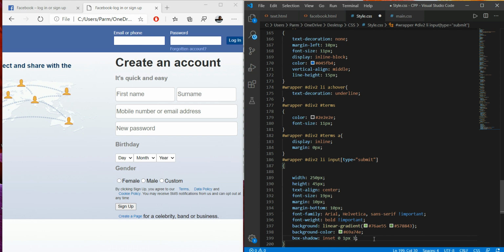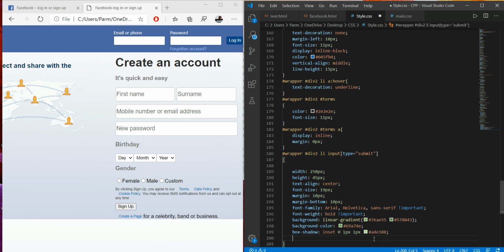Then again we have to put the value 1 pixel, and we give the color to this as A4E388. Okay, box shadow we have given.